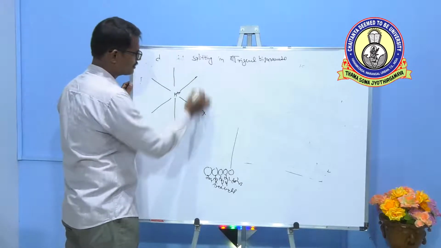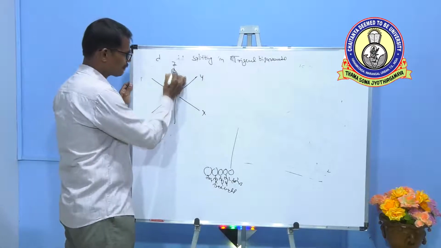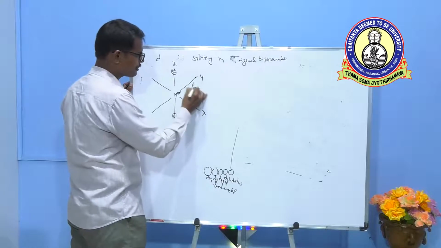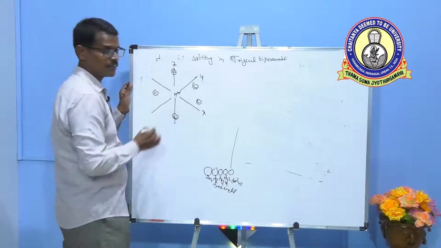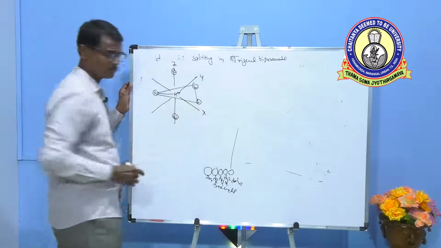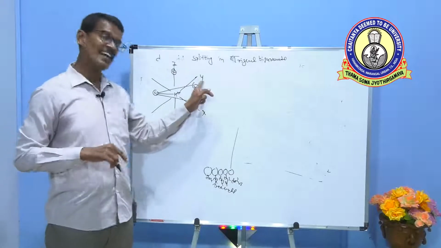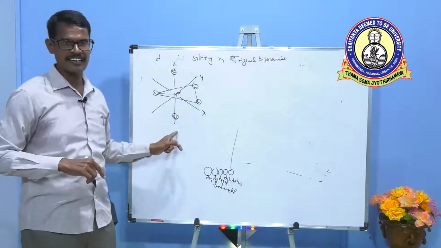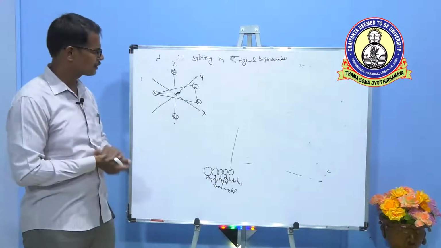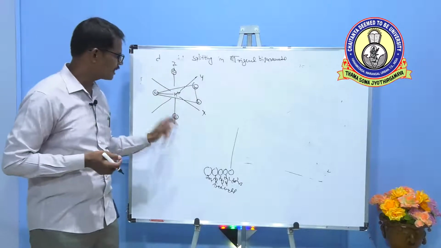So this is x-axis, y-axis, z-axis. So 2 donor atoms are present along the z-axis. Remaining 3 donor atoms are present in between x and y axis. So this indicates the donor atoms are present between the axis and along the axis. So both are present in trigonal bipyramidal geometry. Just observe, here these are in between the axis, these are along the axis.